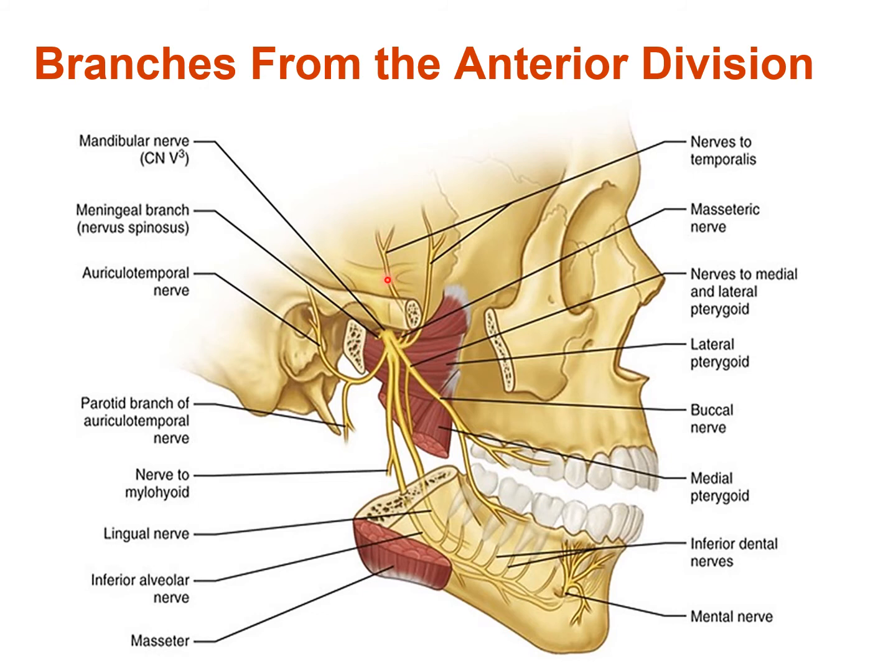The deep temporal nerves are supplying the temporalis muscle. They are 2 in number and they supply the muscle from the deeper aspect. And this is the nerve to lateral pterygoid. These are the motor branches of anterior division. Fourth is this branch, that is the buccal nerve, which is the sensory supply derived from the anterior division.